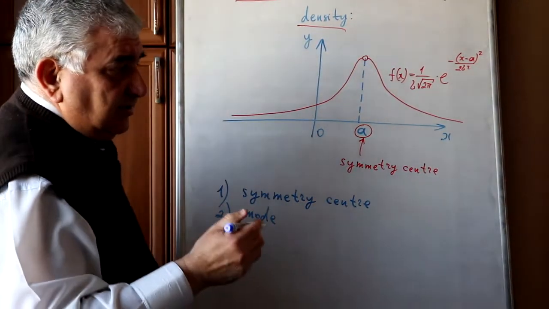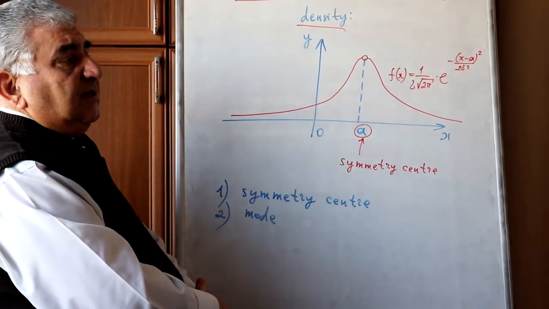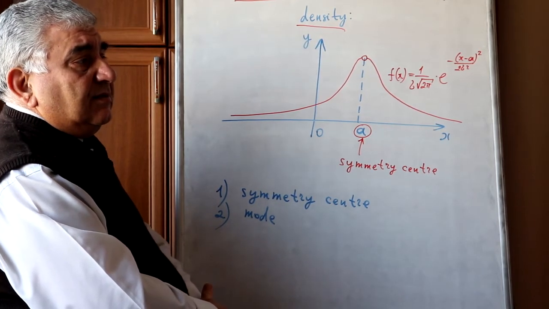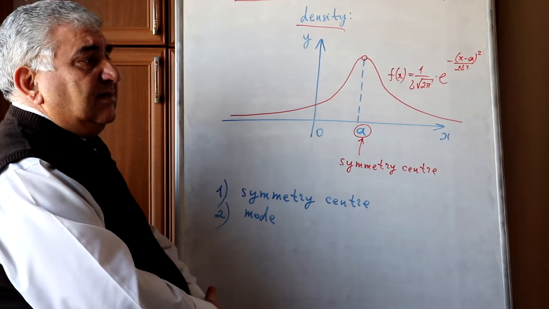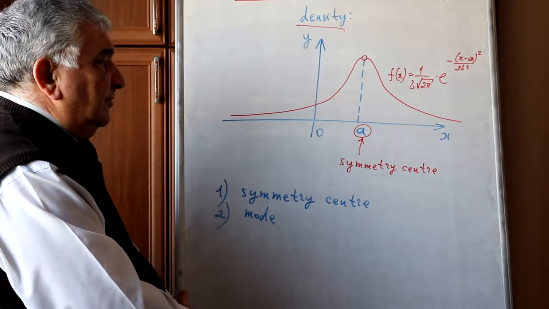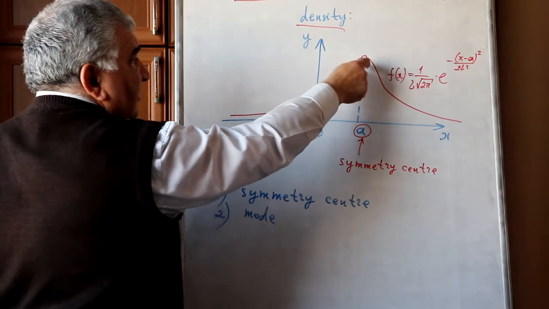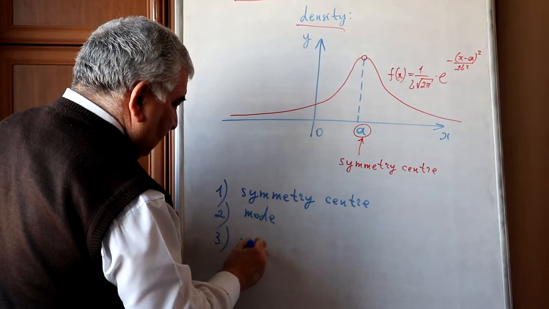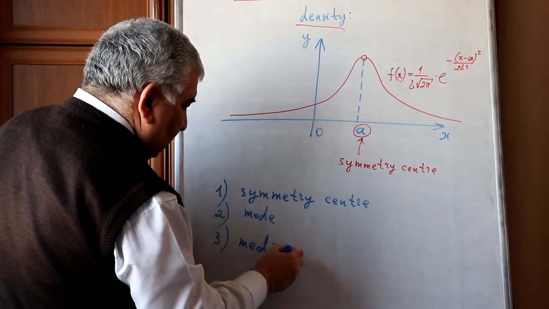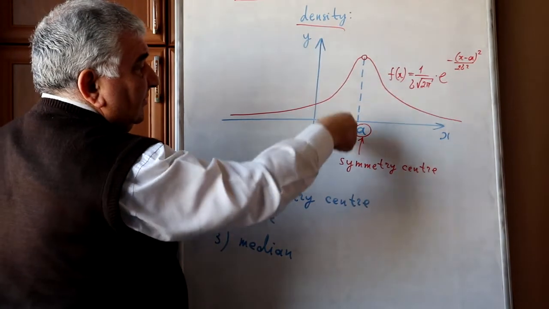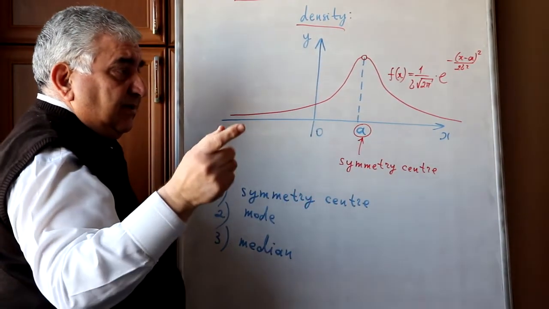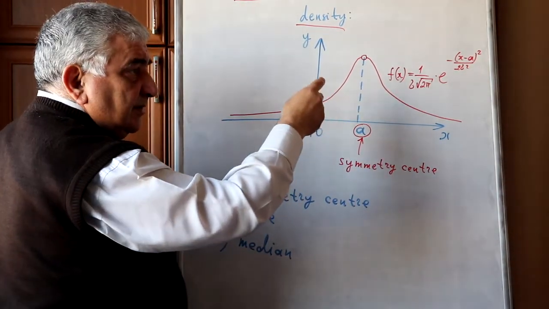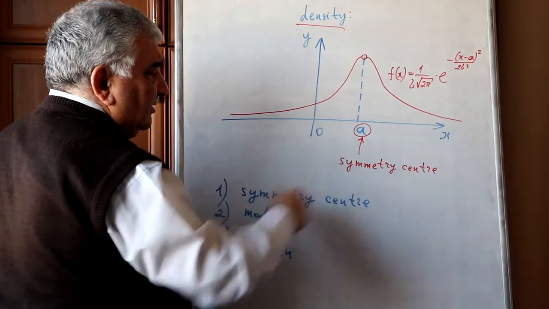Mode is such a value of the continuous random variable at which the distributed density has the greatest or maximum value. At this point, our function has maximum value. Mode. Then median, because our function is a symmetric function with respect to A, and for a symmetric function,